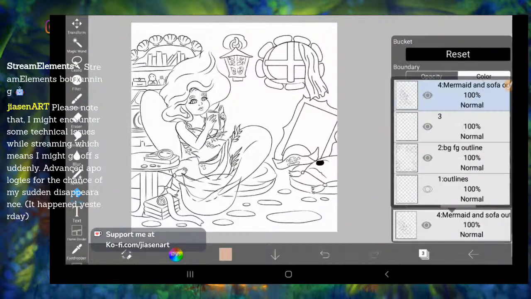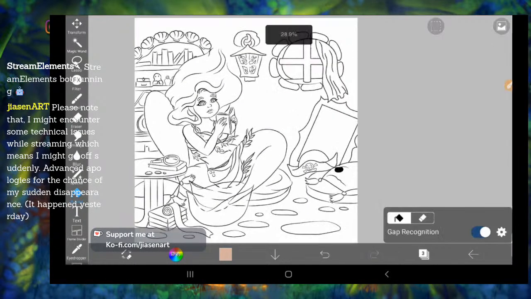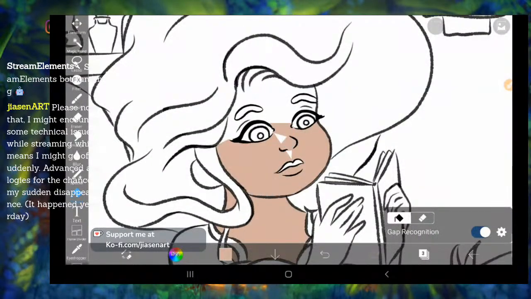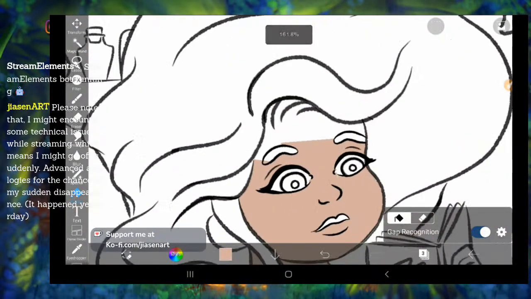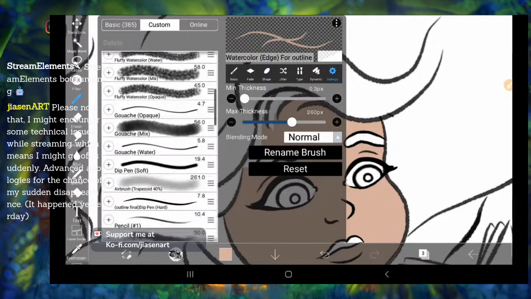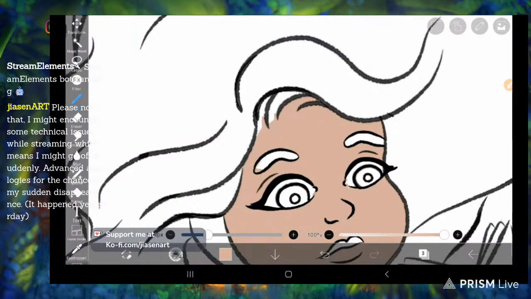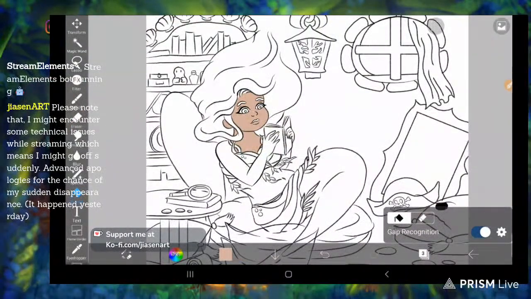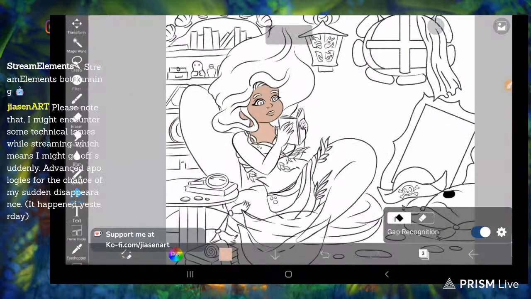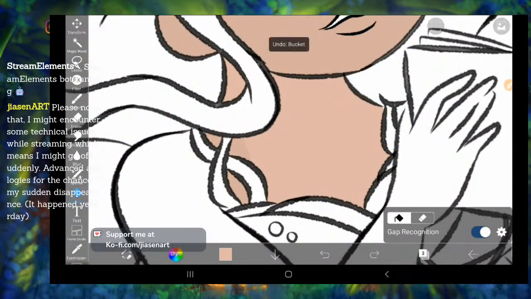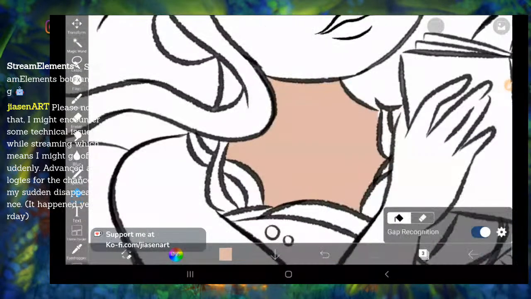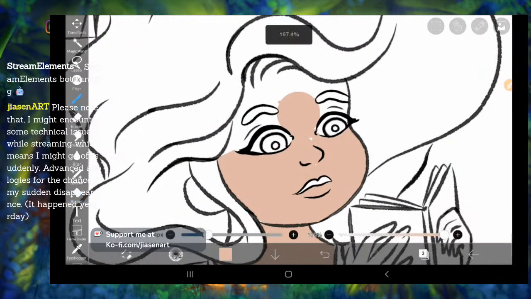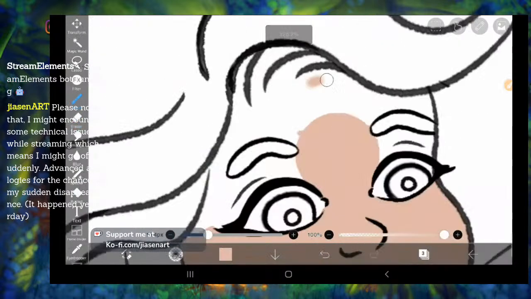I'm trying something new here with the chat screen and the drawing screen together. I didn't do that before. All my streams were only the drawing screen, so it looked like I was talking to phantoms, like I'm not talking to anyone. So I put the chat screen on one side, but I guess YouTube has not informed everyone about the live stream, and I understand that. Oftentimes, I get the notification of a live stream way after the streamer started.